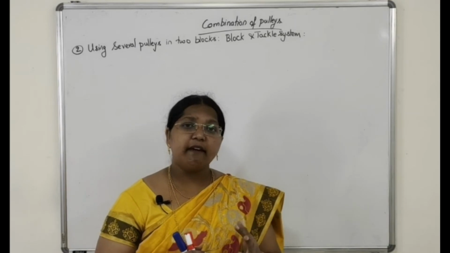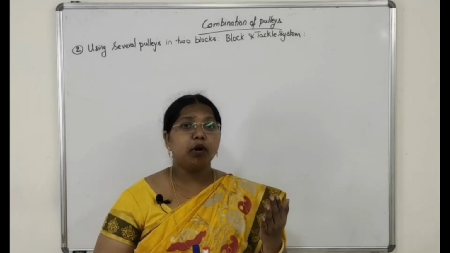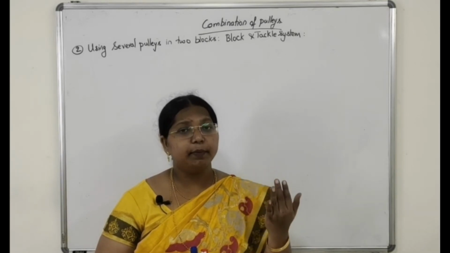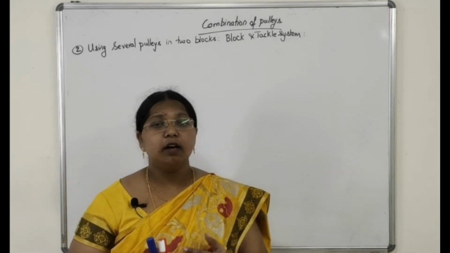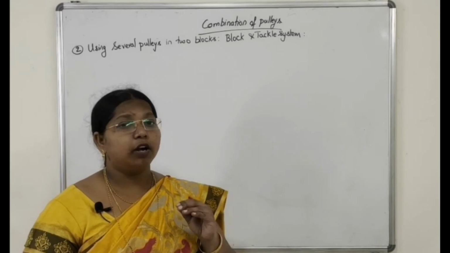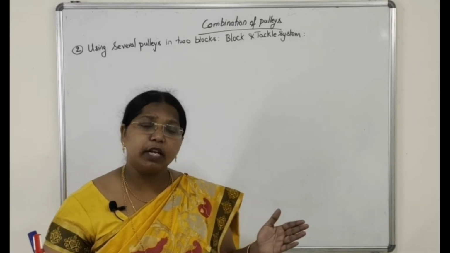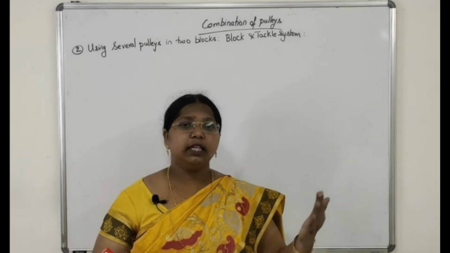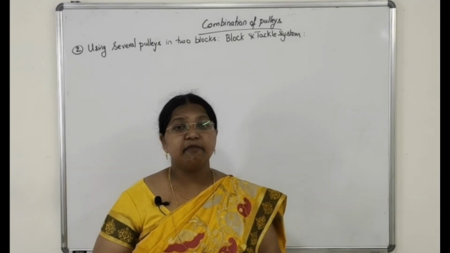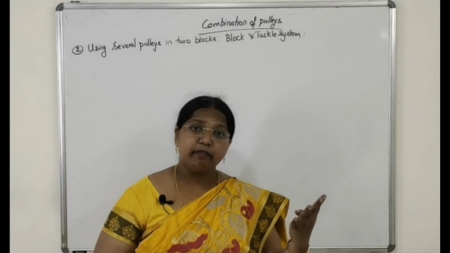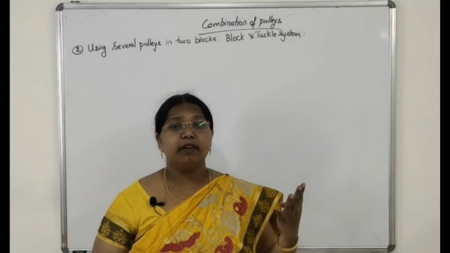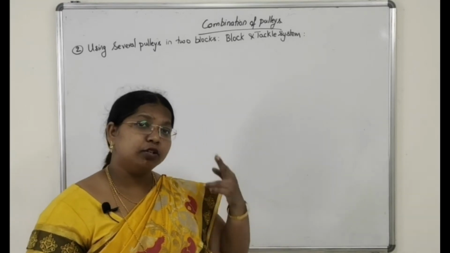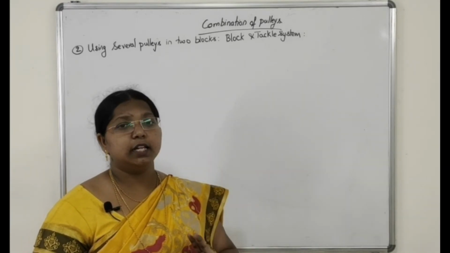Now if we have 5 pulleys, the upper block will have the excess one. So with an odd number, more pulleys in the upper block compared with the lower block. If they are even, equally shared, 2 and 2. If it is 6, 3 and 3, upper block 3, lower block 3. If it is 7, upper one will have 4 and lower one will have 3 pulleys. Clear? If it is 3, 2 in the upper block, 1 in the lower block.